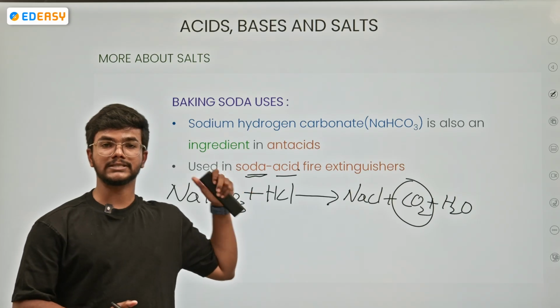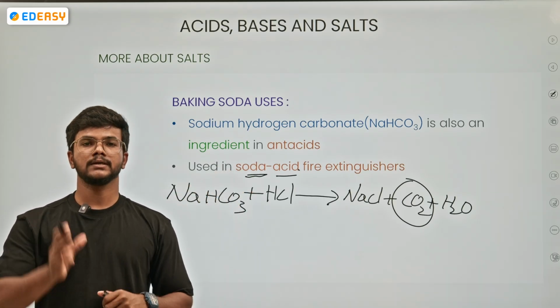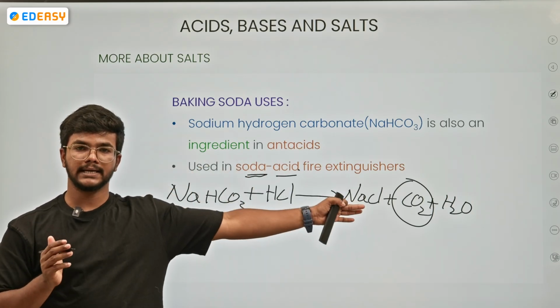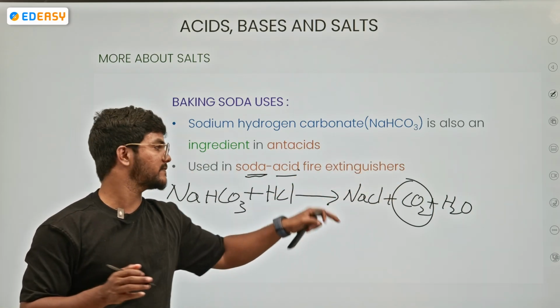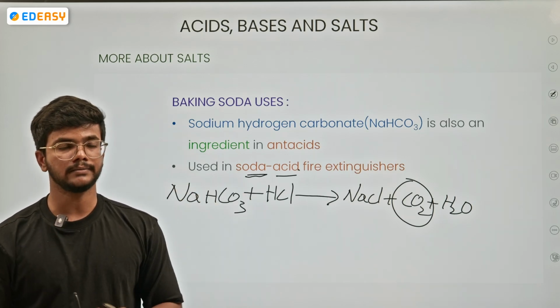So it is called soda acid. Soda acid fire extinguisher means baking soda, when it reacts with the acid, produces carbon dioxide. Carbon dioxide is used to extinguish the fire. So it is called soda acid extinguisher. Okay. Next,